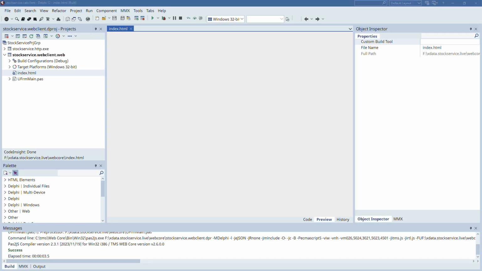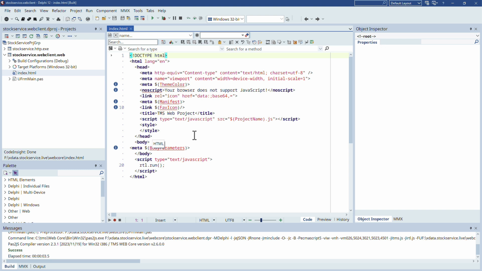If your system is set up correctly, you should be able to see localhost 8000. That's the default setting from TMS Web Core, and a white page. You should not get an error message, and you see that the endpoint that is getting used is the index.html file in this case. So we go over to RAD Studio again, and this index.html file,